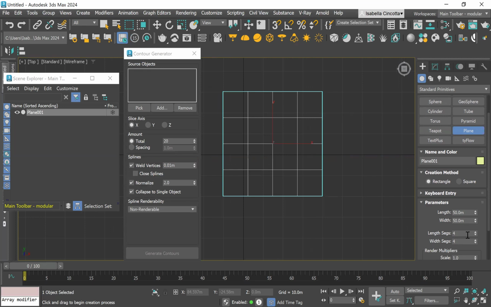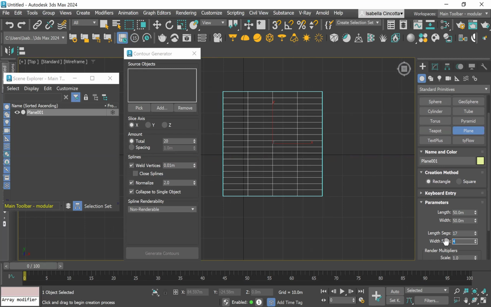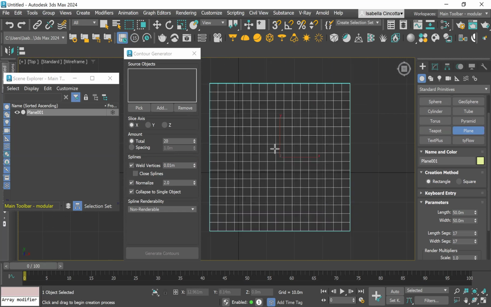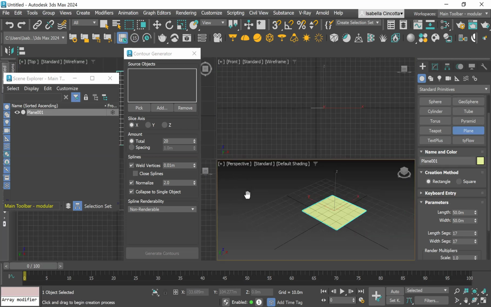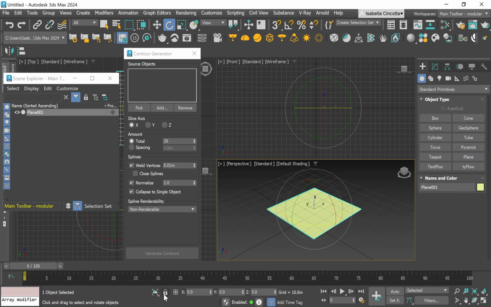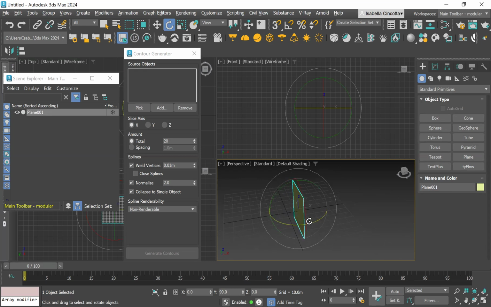Then I'm also going to change the length segs to 17 and the width to 17 as well. And you can change that as you please, even the length and width. Once I've done this, I'm going to go back to the 4 viewports just so I can see the perspective. I'm going to rotate the plane, and if you can see down the bottom, the X, Y, and Z axis, to get a 90 degrees rotation under the Y, I'm just going to type 90,